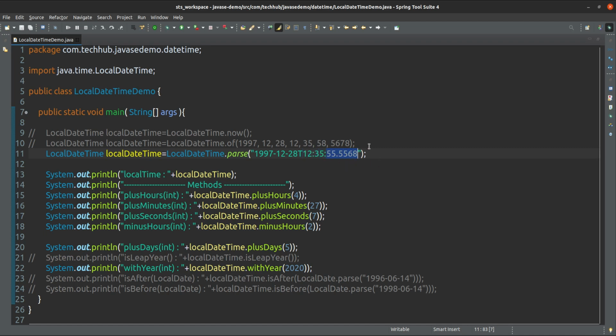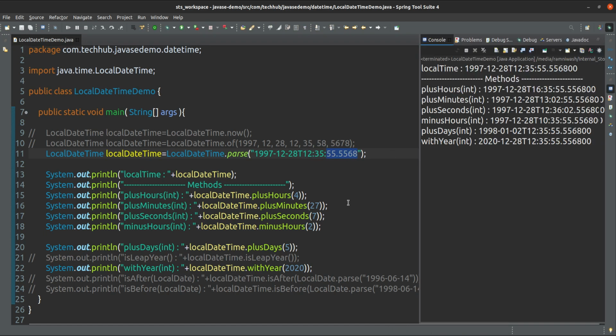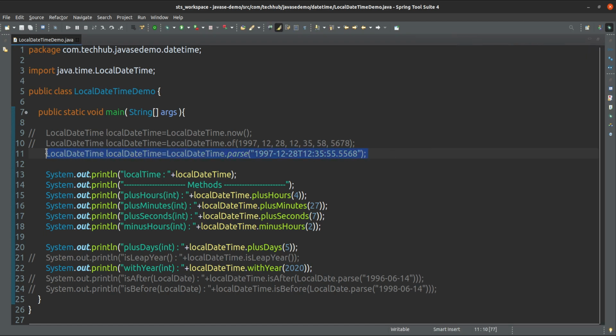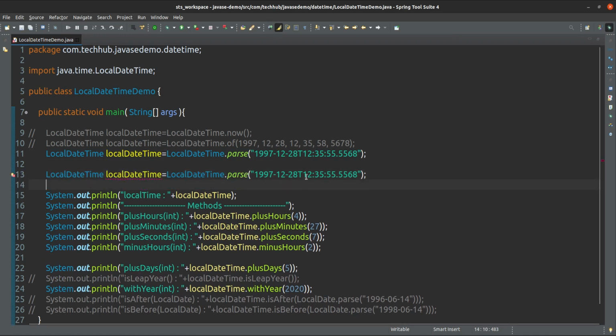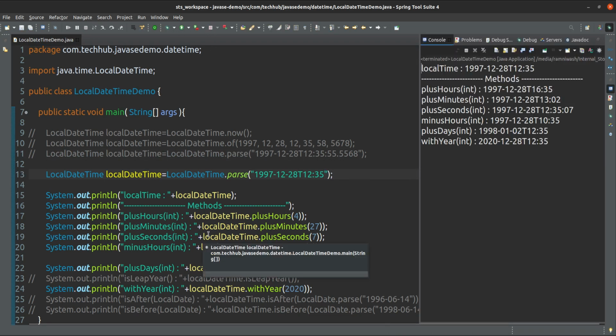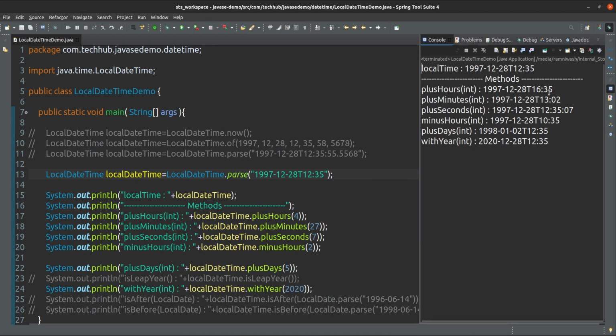If you don't give hour, minute, second, that is also fine. Suppose I will not give the nanosecond or second, then that is also fine. It will become 0, and it will not even print at all.